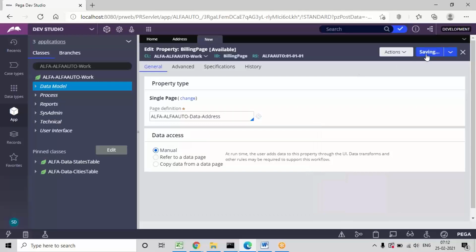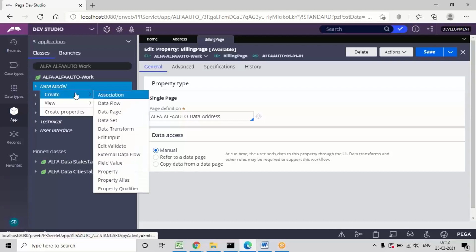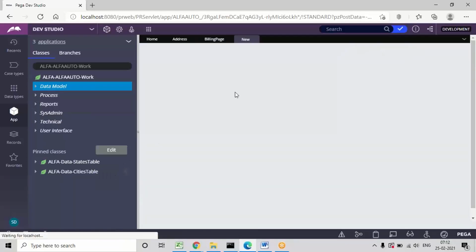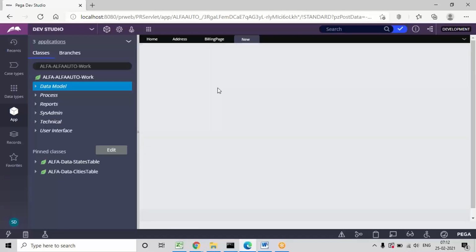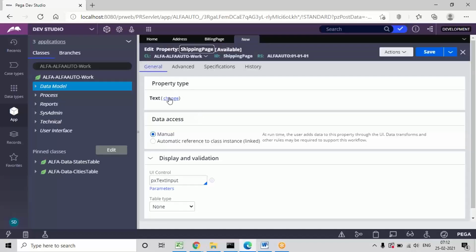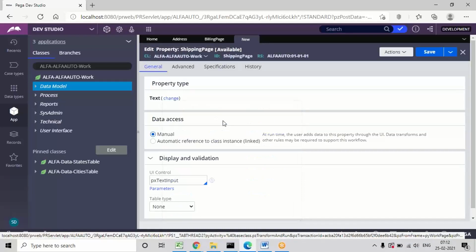Save it. Similarly, add another page property referring to the same address data class. Change type to single page.